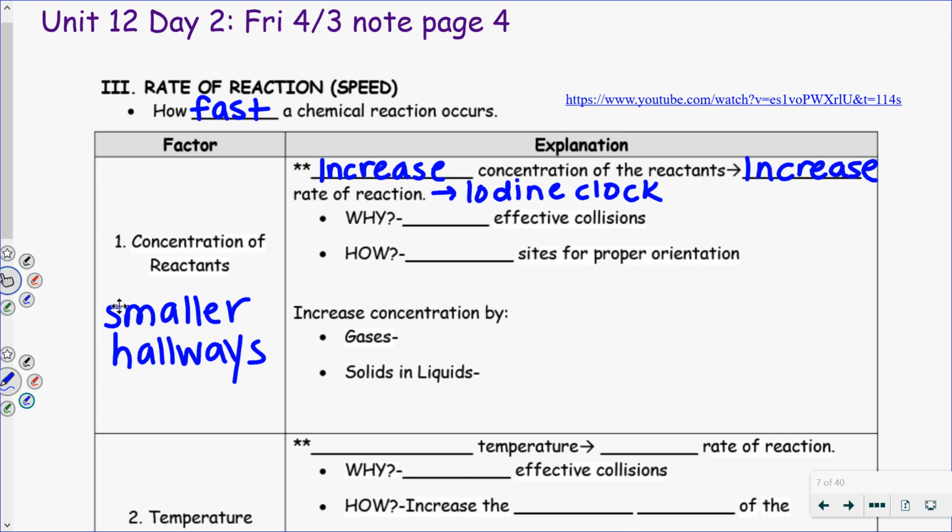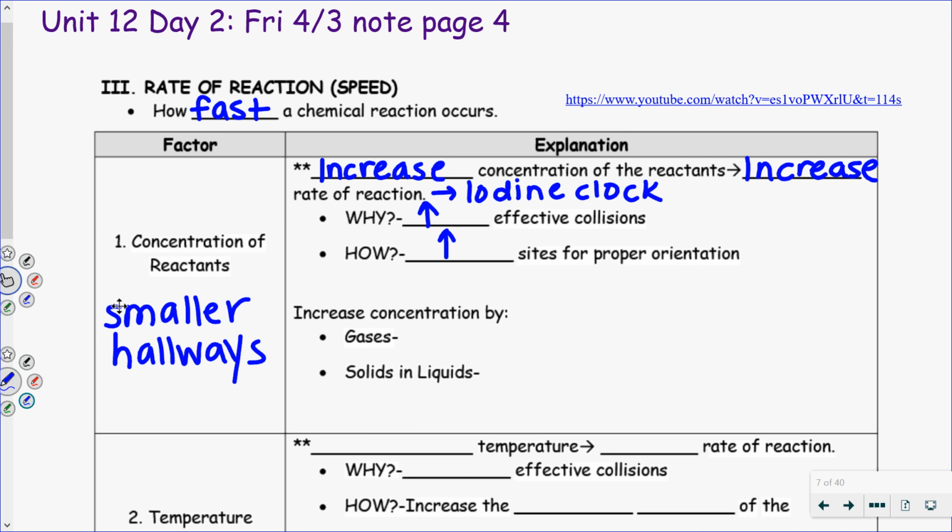The more effective collisions, the faster something's going to go. So if you increase the concentration, you are increasing, I'm going to put an up arrow, the number of effective collisions. And how are you doing that? You're increasing the sites for proper orientation. Remember, you need energy and orientation. But in this case, increasing the concentration of reactants increases the number of effective collisions by increasing sites for proper